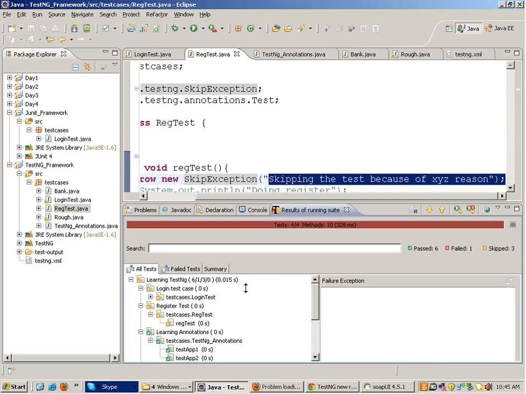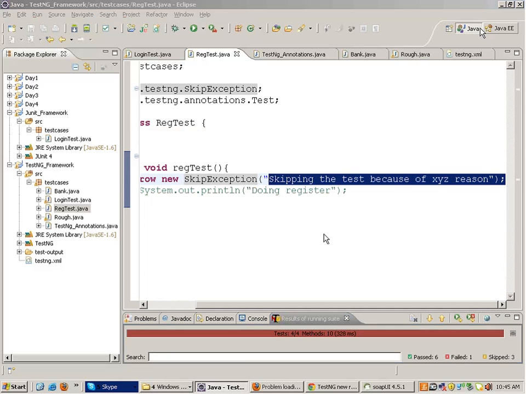Okay. So this is how you work with TestNg. This is just a basic overview of TestNg. There are other features as well. There are parallel tasks, there are other annotations, there are parameters and all. So we will be looking into them as we proceed. So what I'll do is I'll actually stop here because people might be having